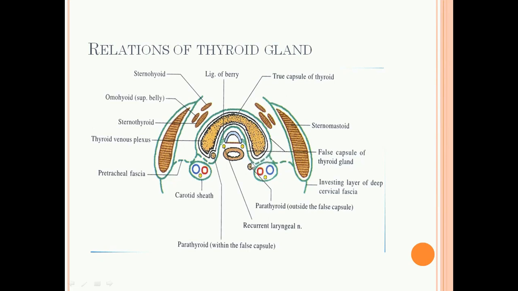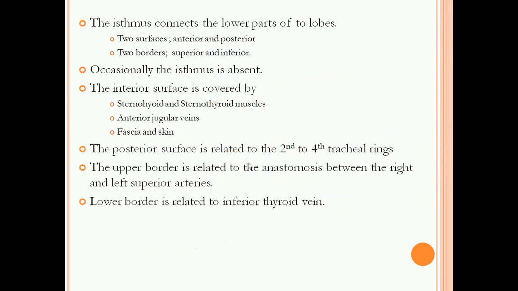And along with the thyroid gland, you also find another gland called parathyroid. The parathyroid is usually seen within the lobes of the thyroid, and it also plays a very important role in calcium metabolism by the production of a hormone called parathormone. The parathormone plays the major role in conversion of the calcium into the absorbable state, and it helps in the maintenance of the calcium homeostasis in the blood levels, so that the bone health is maintained and the calcium mineral homeostasis is maintained in the blood levels.